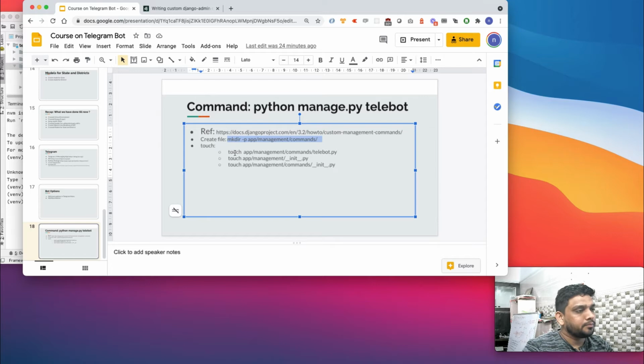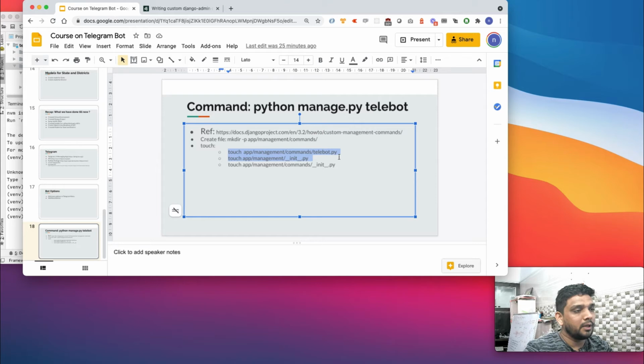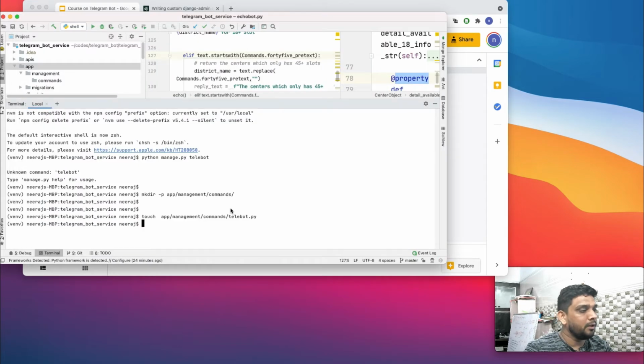And then we need to create this particular file, talibot.py. We can use touch to create an empty file, talibot.py. So yes, there is talibot.py.